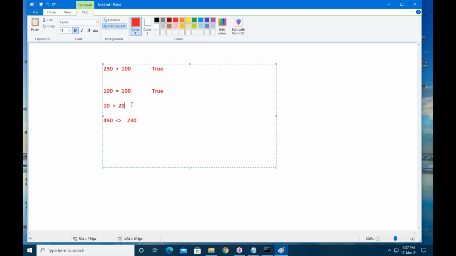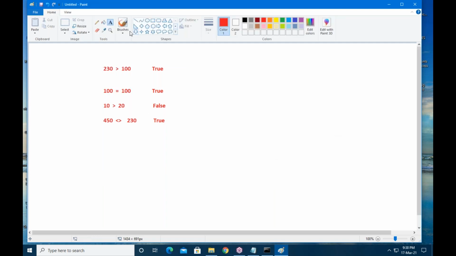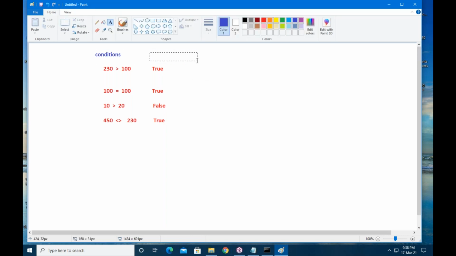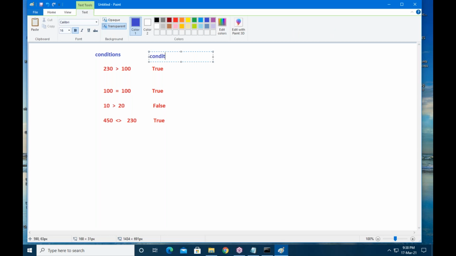True. And 10 greater than 20, what is the result? False. And 450 not equal to 230, true. If you want to compare values, we should write conditions. So these are called conditions, and these are known as condition results. A condition result is always either true or false.